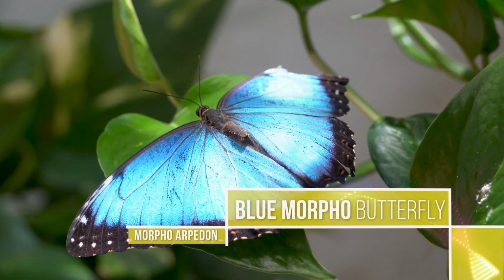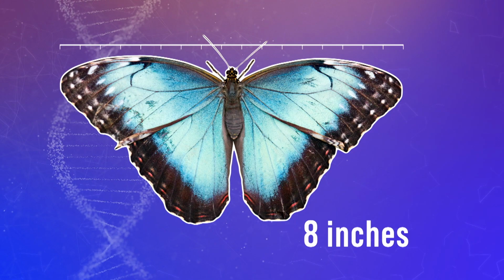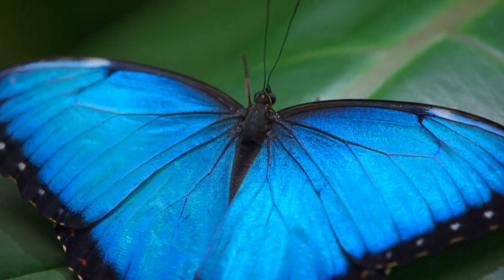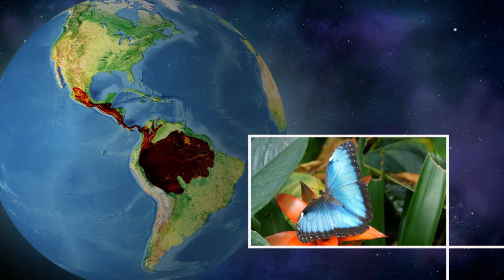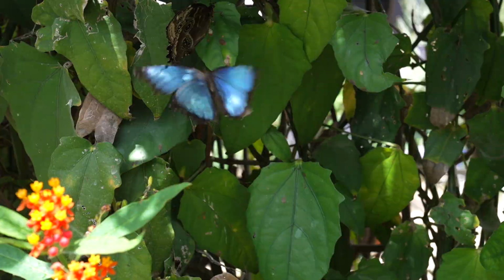The blue morpho butterfly, or Morpho peleides, measures up to 8 inches long and has an exotic bright blue color, which is an extremely rare color to find in nature. They can be found in the forests of Central and South America, where they live among bushes and feed on